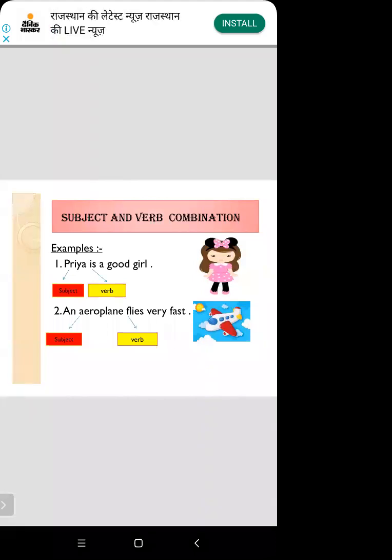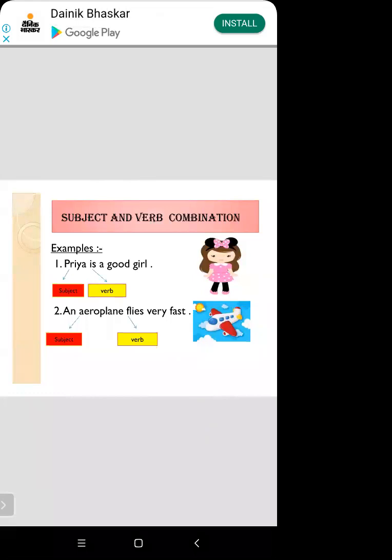Yes, I am repeating again. A verb is a word and the combination of words that indicate action. Indicate action तो करते हैं. Yes, I am giving example. जैसे birds fly in the sky, तो fly is here as indicate action. Now, verb is a word that indicate action or state of being or condition. State of being here is here बता रहे हैं. Is क्या बता रहे हैं हमको? State of being बता रहे हैं. जैसे Priya is a good girl.